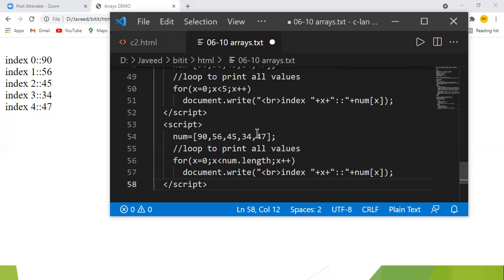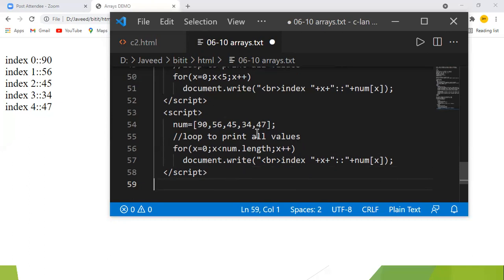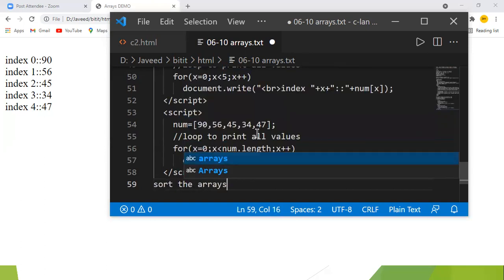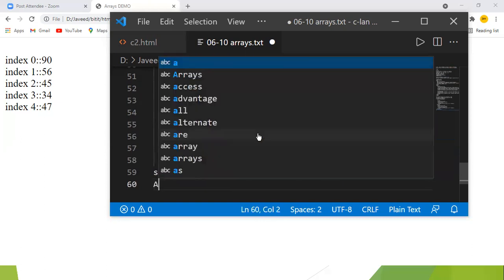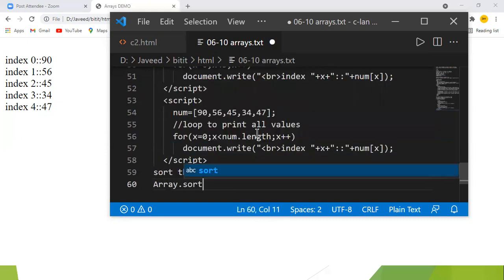Or you want to have some arrangement of data done, like for example you want to arrange names in alphabetical order. Then we have the concept called the sorting of the arrays, which can be made use of. If we want to sort the arrays, we can call array dot sort. When I call the array dot sort, it is going to do the sorting of the elements. So let us see how to do the sorting of elements.